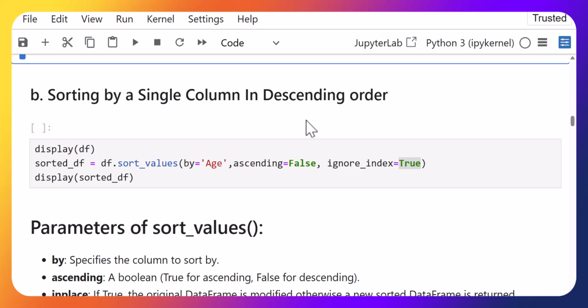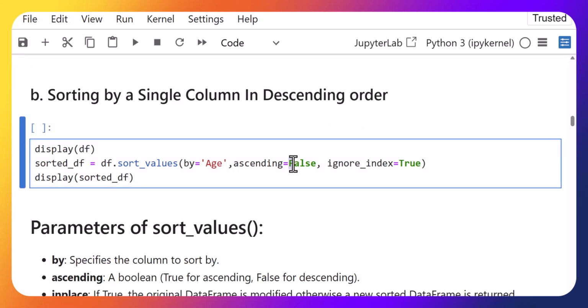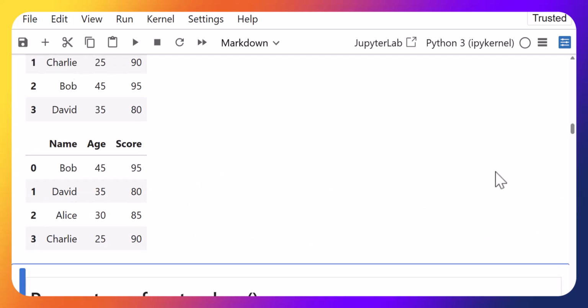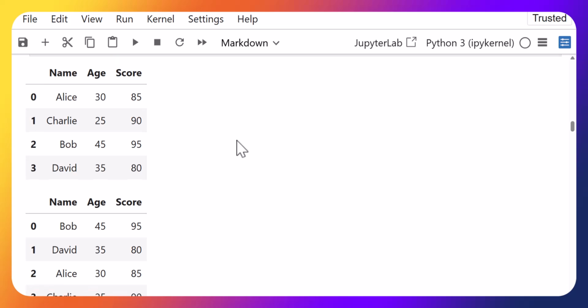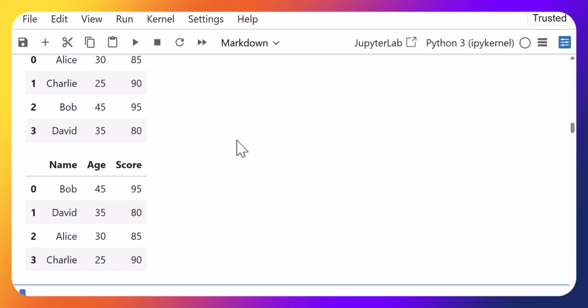We have made one more change here: we have set ascending equal to False, which means that the resultant data will be sorted in the descending order rather than the ascending. And this is the original data frame in which Alice is on the first position, then Charlie, Bob, and David. So after sorting, what we can see here is that,